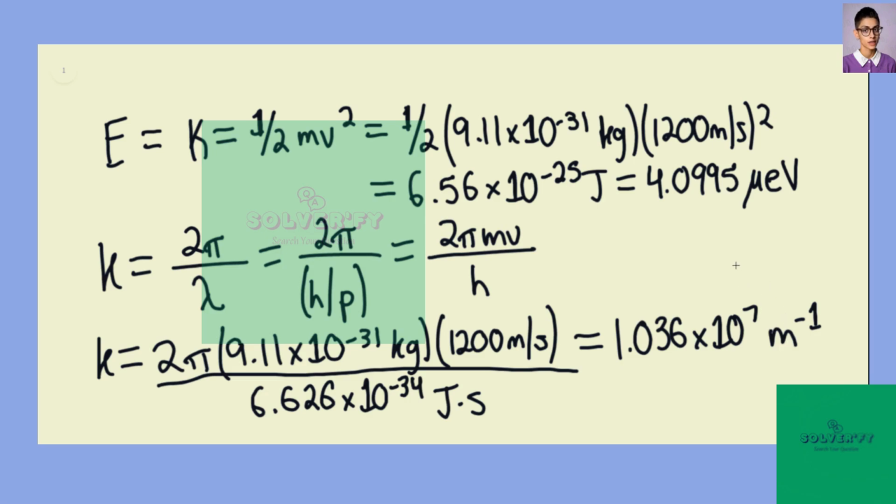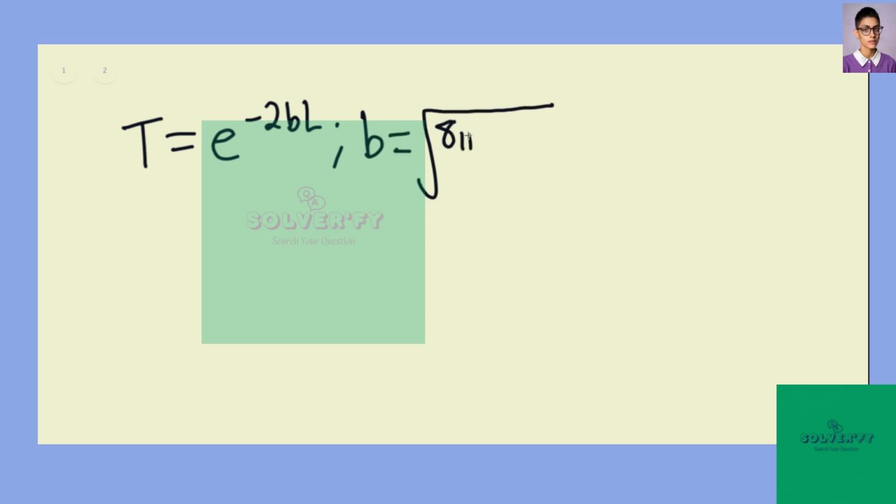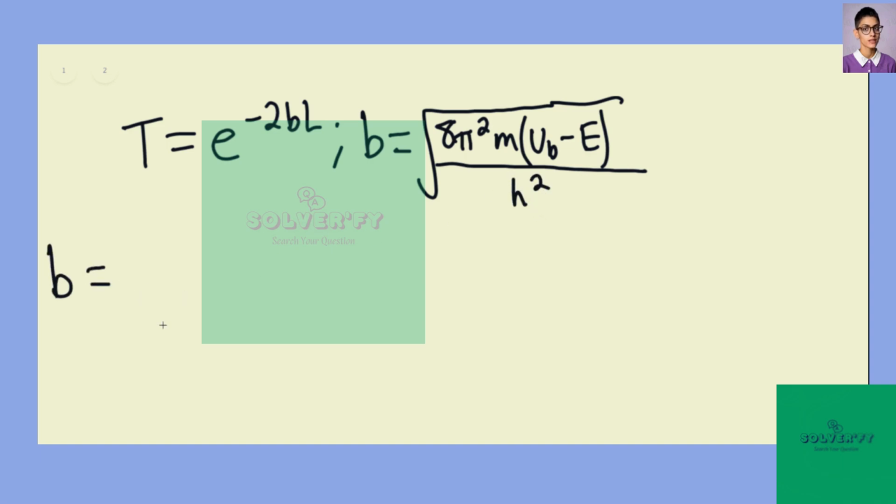The transmission coefficient for a barrier of height U sub b and a width L would be T, the transmission coefficient, is going to be equal to e to the negative 2bL. And then we can say that b would be equal to 8 pi squared times the mass multiplied by U sub b, the potential energy, minus E. This would be divided by h squared, the Planck's constant squared. And we can find b to be equal to,